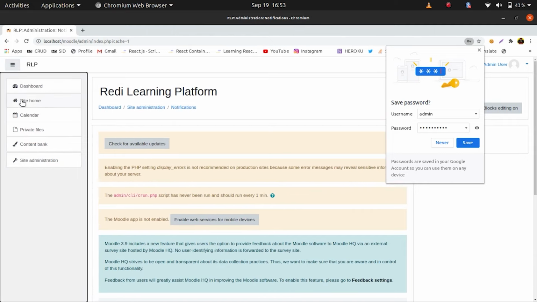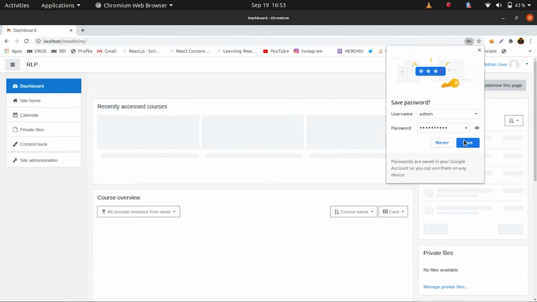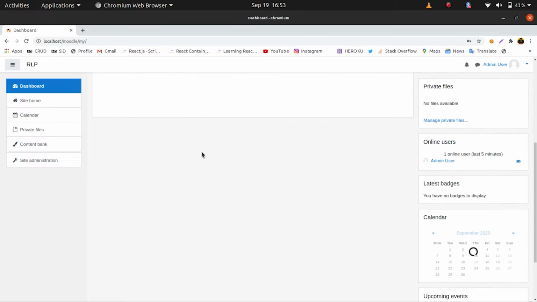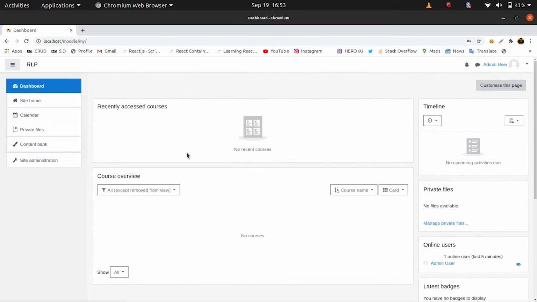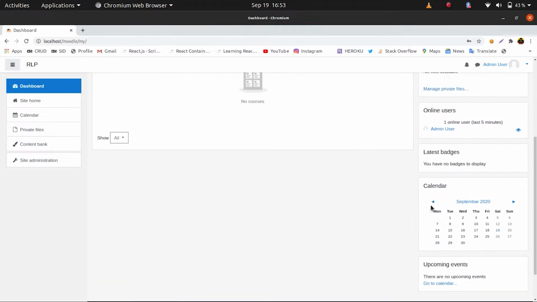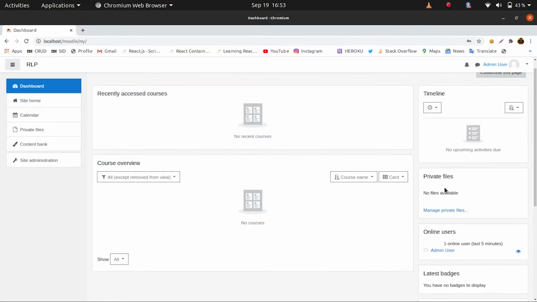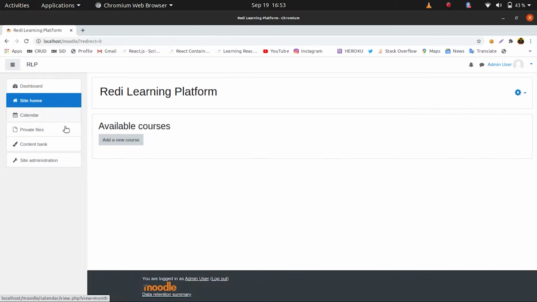Okay, now I'm logged in, and if I go to the dashboard, here is all I need. We don't have any course, we don't have anything. We have the calendar here, online users, only admin. We can put files here, site home. We can add a new course because we have administration permission,